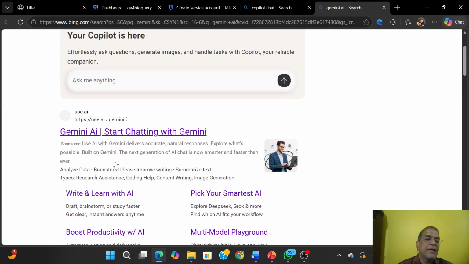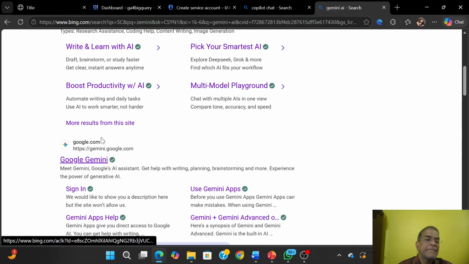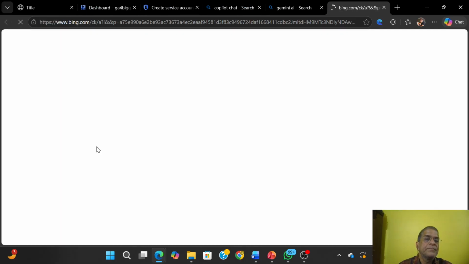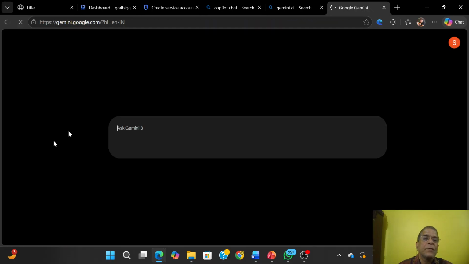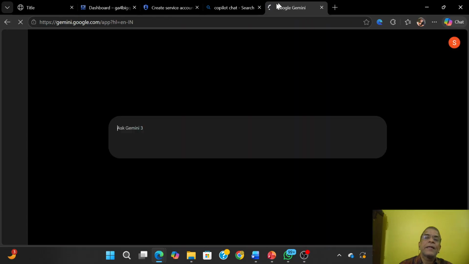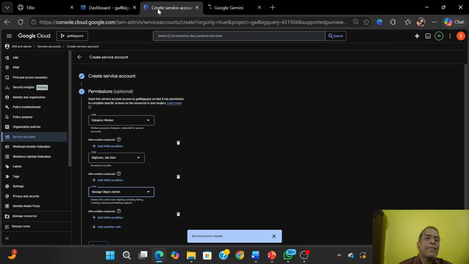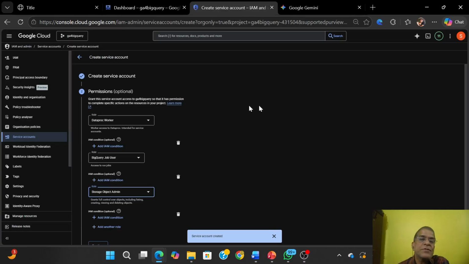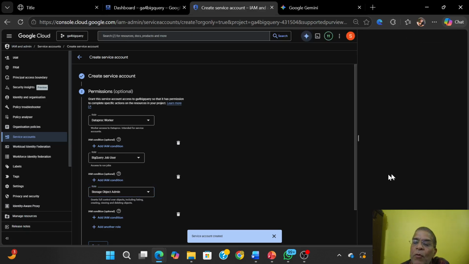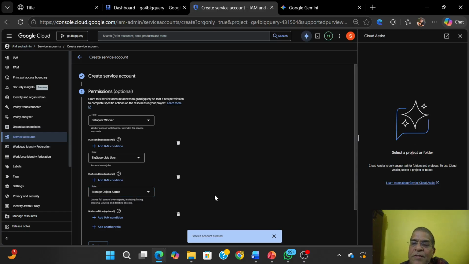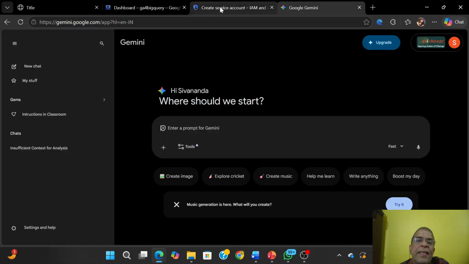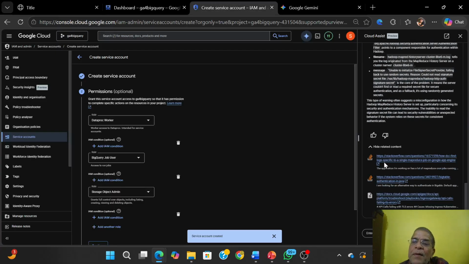Okay, let that be there. We'll use it later once we get some kind of doubt. So here also in this Google console, you can use Gemini on the right hand side. You click on this, then your Gemini will open. Here also you can use it simultaneously. This is the outside of GCP and this is inside of GCP. And you can also ask here, give a prompt and find out